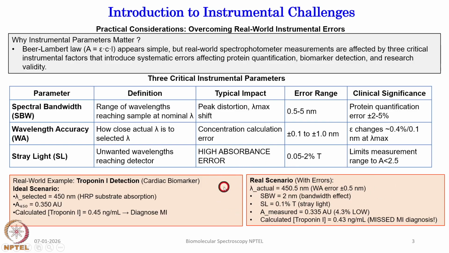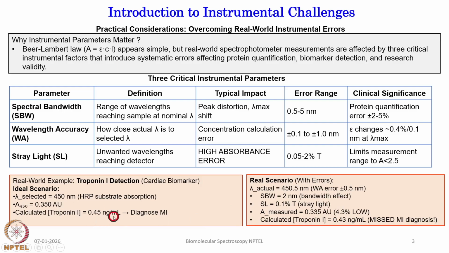So, that means the absorption that is measured, instead of 0.350, is 0.335, that means 4.3% lower than whatever it should be. And then you calculate the troponin, it gives you a value of 0.043 nanogram per ml. So, actually it should be the former, but because of all these instrumental errors, you are getting this,